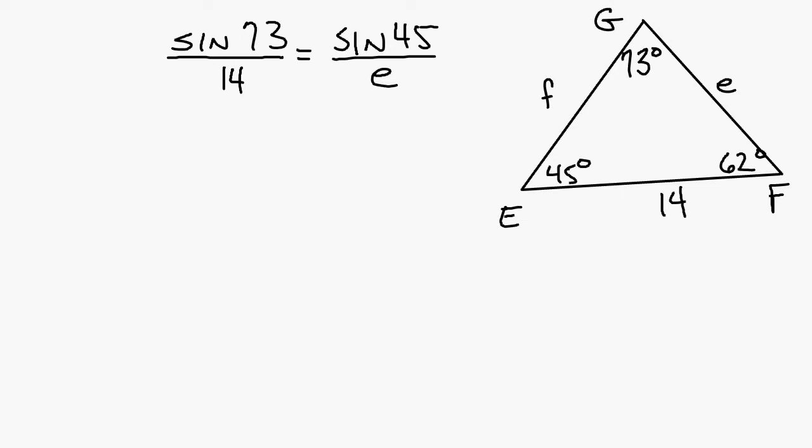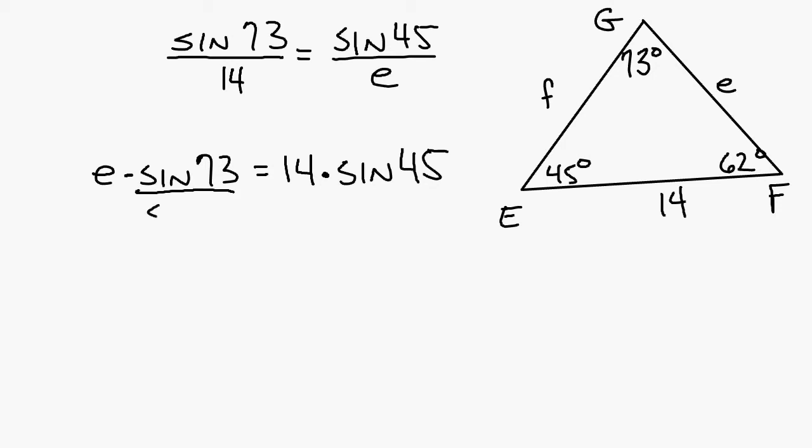Now, in a proportion, when you're trying to solve for a variable, you can crisscross multiply. So you take the E and you multiply it by sine 73, and that's going to be equal to the 14 times sine 45. Now all you did there was crisscross multiply. The next step is to get the E by itself. You're solving for E. So if you divide each side by sine 73,